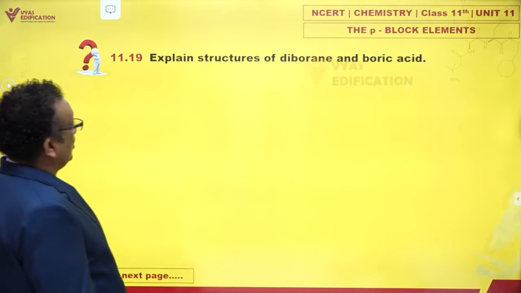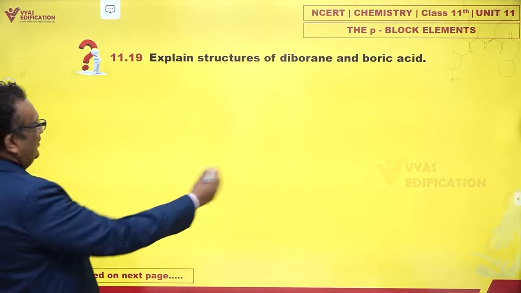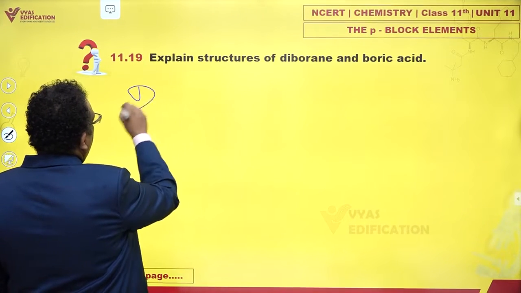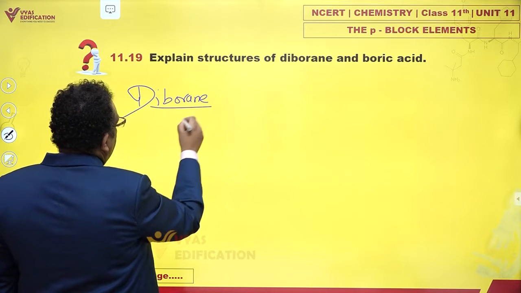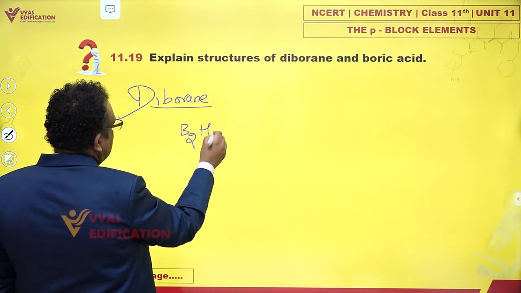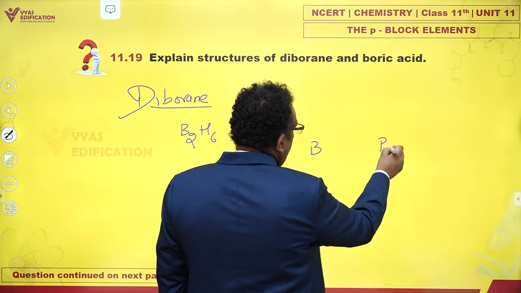Explain the structures of diborane and boric acid. Let's take a look first. Diborane. Diborane is typically B2H6. B2H6 contains 2 atoms of boron